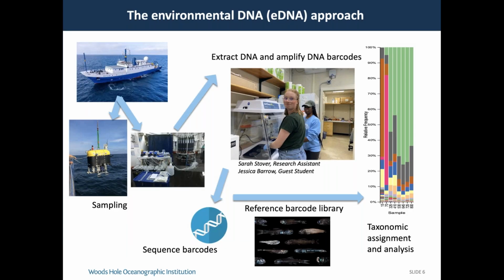So this slide shows the general workflow for eDNA. First, we've got to get the samples. And so the typical way that's done for Ocean Twilight Zone and deep sea research is you would go to sea and you would collect the water with Niskin bottles. Usually those would be mounted on a CTD rosette. And then you bring that water up to the ship, and then you filter the water onto little filters, which